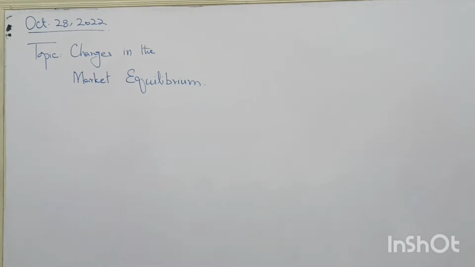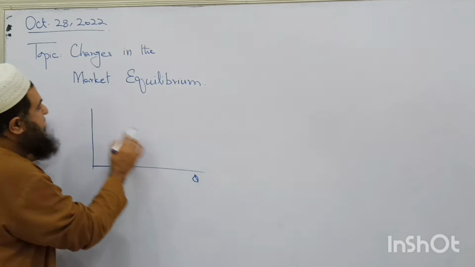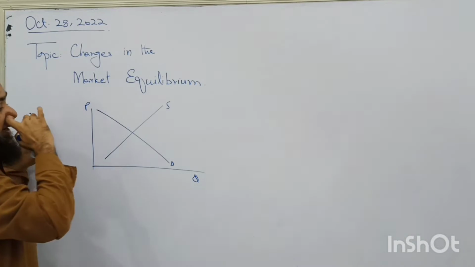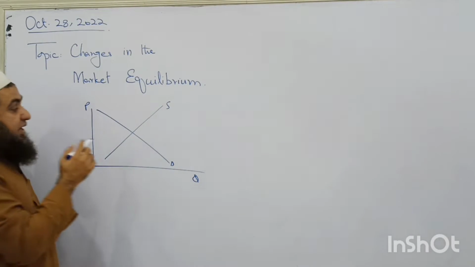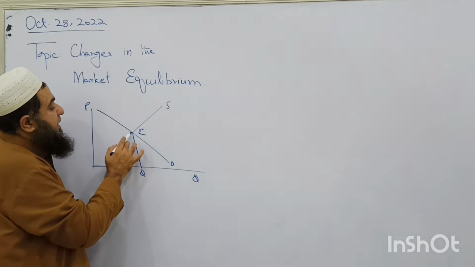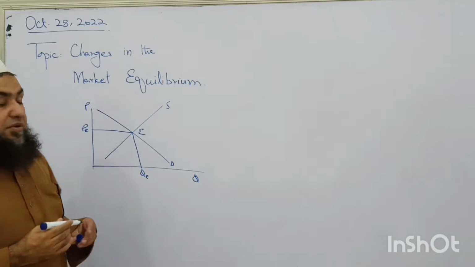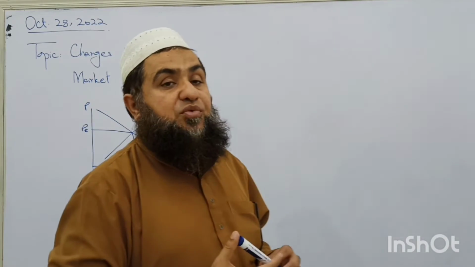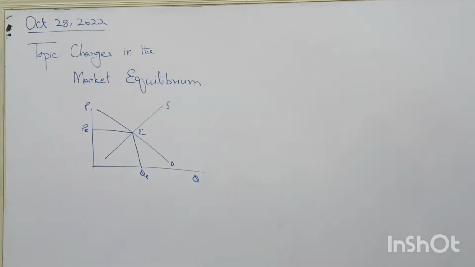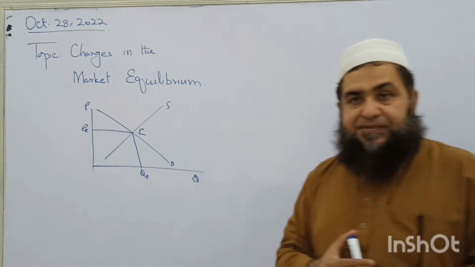So now, if this is the equilibrium point, for example, this is the market of apples, this is the demand and supply of apples, and here we have the equilibrium point where whatever is demanded is supplied by the producers. So here we say this is a stable point where two market forces which are opposite to each other are balanced, and there is no tendency to change.